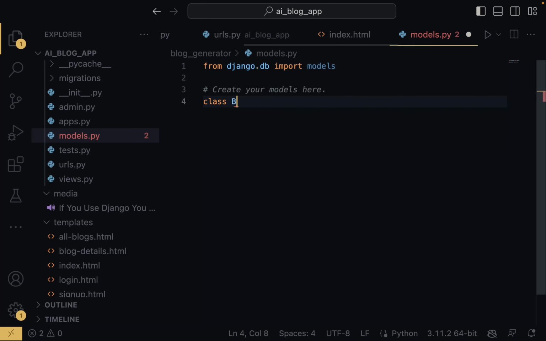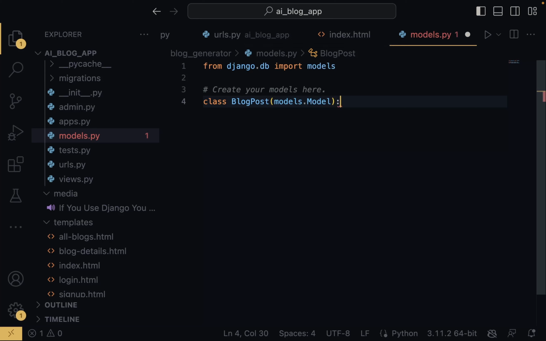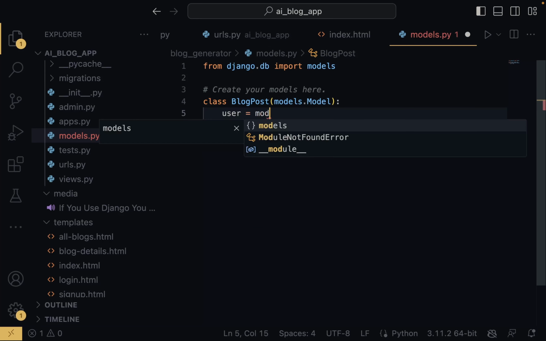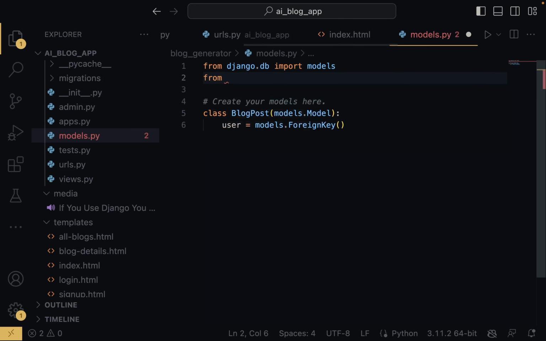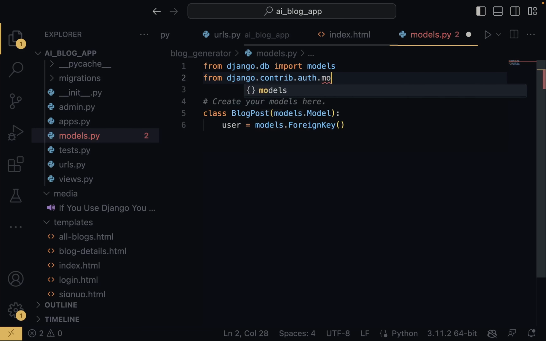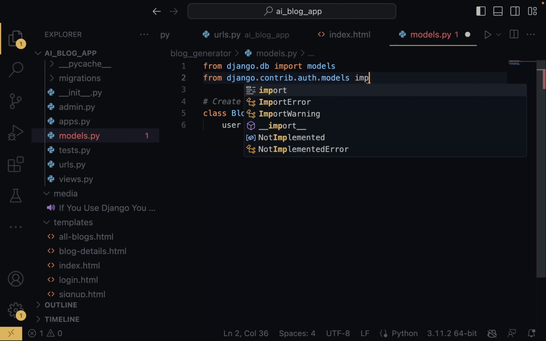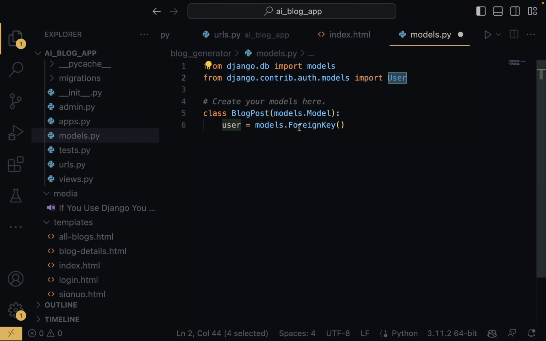I'm going to say class BlogPost, models.Model, and it's going to have user, and for the user it's going to be a foreign key, so models.ForeignKey, and we need to import the user in here. So I'm going to say from django.contrib.auth.models import User. So now we can use this user in here,